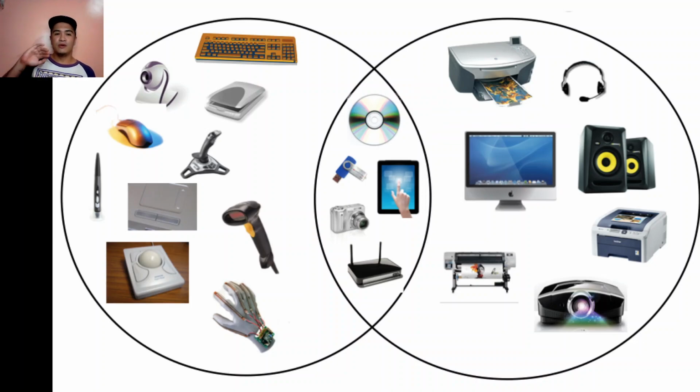Now, devices on the right, you have the printers, you have the headset or handset, you have the monitor, you have the speakers, you have the projectors, right? These are examples of output devices, but these devices on the middle, you have the compact disc, you have the